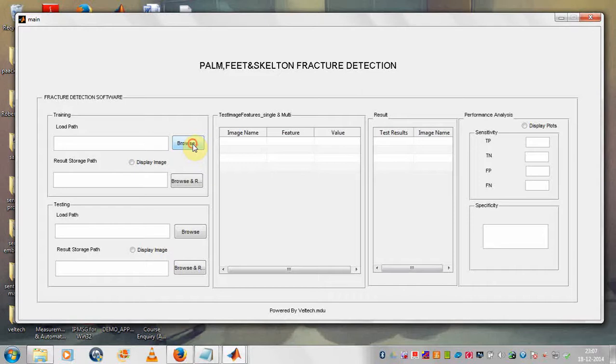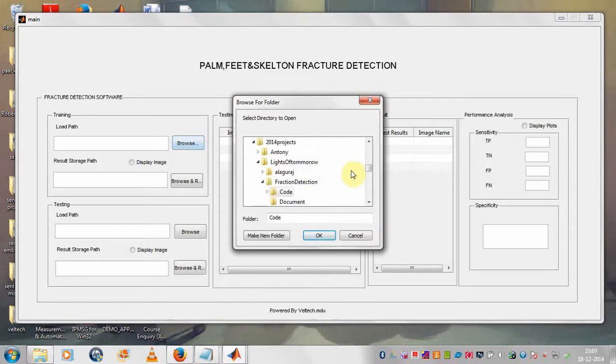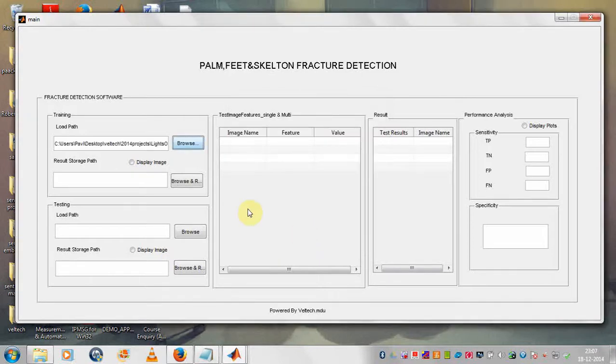Last time which I gave, I will make a separate folder structure for the training dataset.